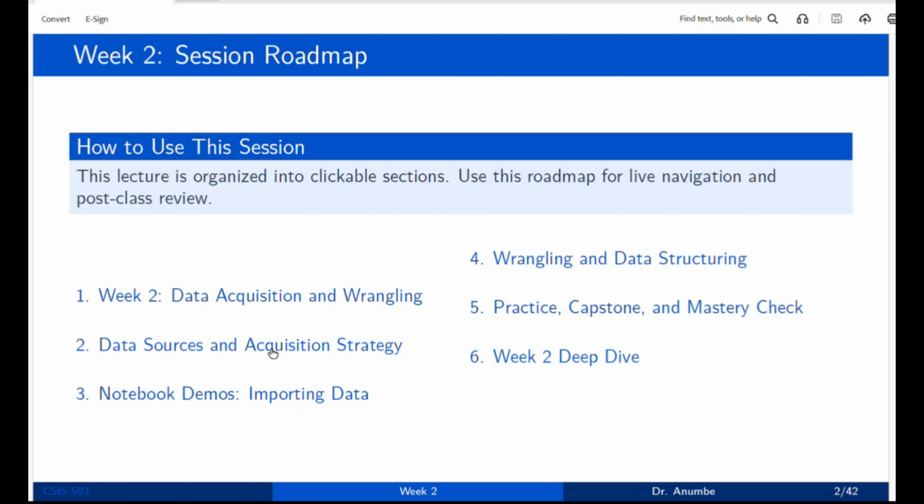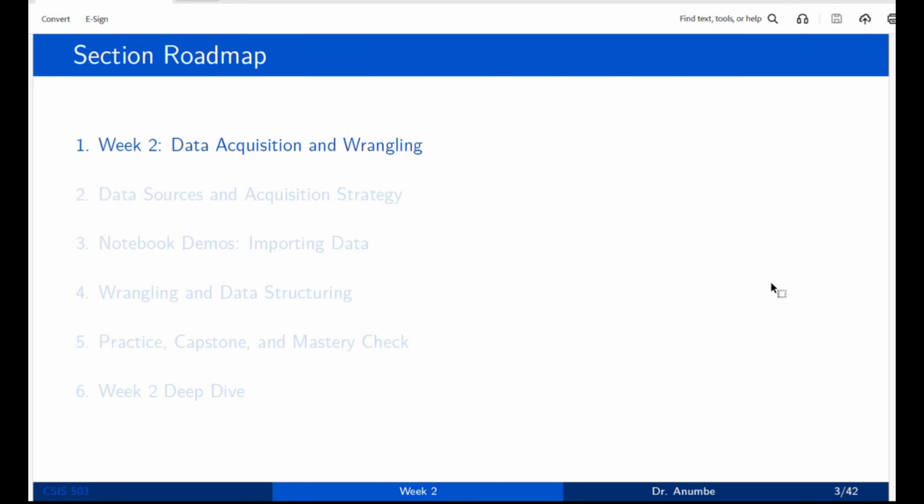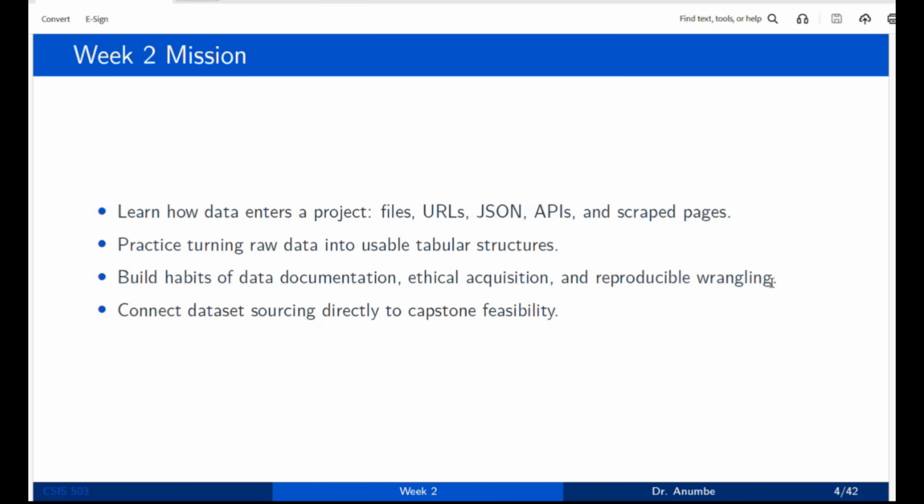Of course, there's a notebook demo, where we'll be importing data. We'll look at wrangling and data structuring, and then some practice and mastery check. You're going to see that at the end of the class. Again, like I mentioned previously, you need to begin to think about a project that you're going to be presenting as your capstone, where you pull together all of these skills you will learn through the course of this course. So, data acquisition and